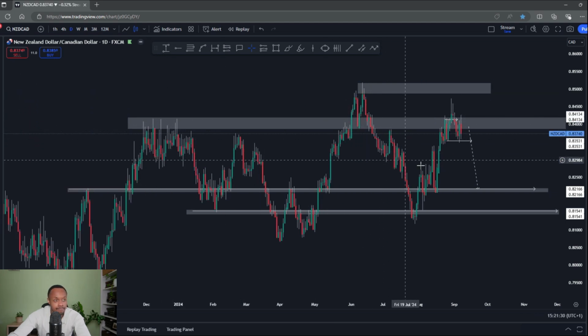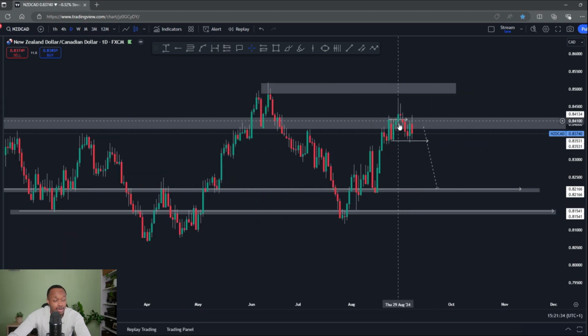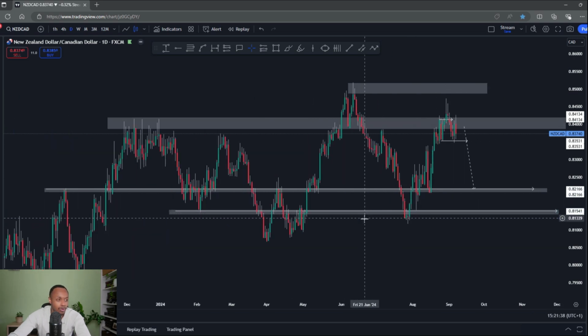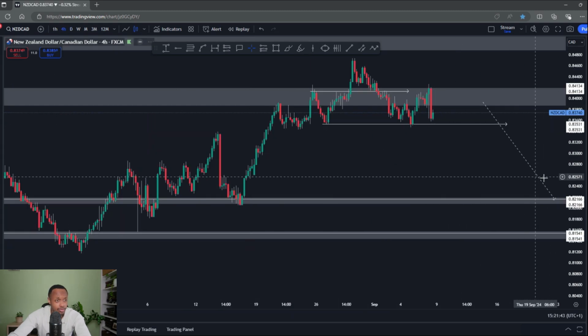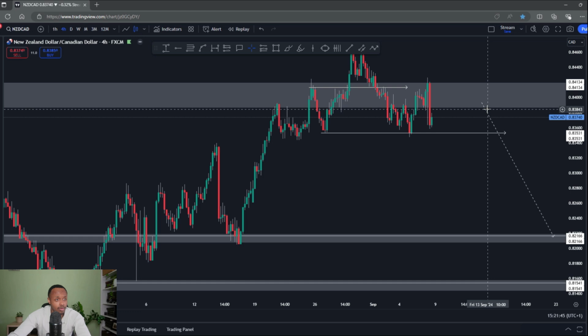failed to sustain that, and now we're back there again and respecting it again, especially with those wicks there and the fact that we failed to continue higher. You would now expect to see price react with that level. So in my eyes, there's a lot of room to the downside, and if we're to break through this 4 hour support, which I've marked here around